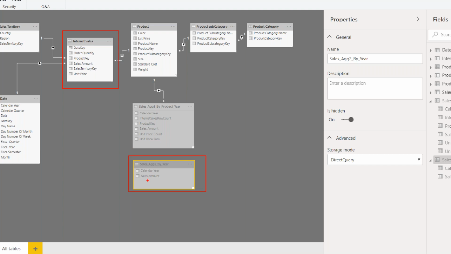So not necessarily, but it makes sense when you're creating an aggregation to include at least all of the quantity columns that are in the detail table, because you want to point all the queries to the aggregation table. And when you're creating this table in SQL Server, the cost of adding those extra columns is minimal.